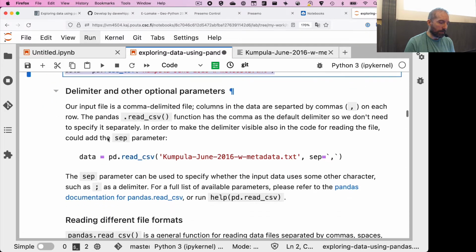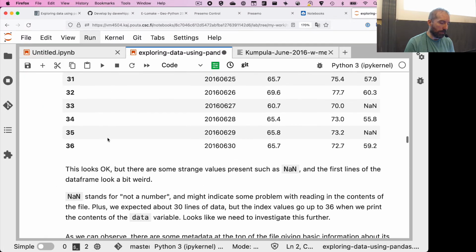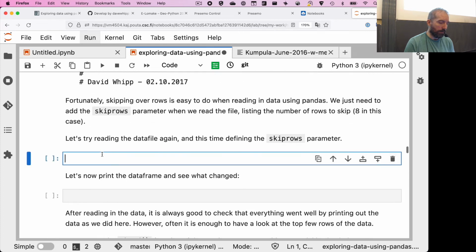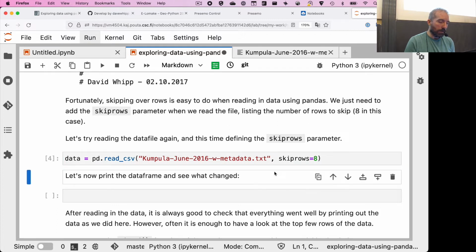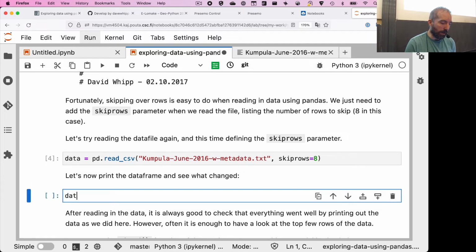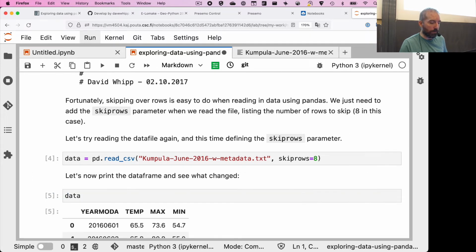When we read in our data file the first time, let's then scroll back down and paste that into the cell here. So this is the same thing we had done before, data equals pd.read_csv, there's our file name, and the difference now is we're going to add in here skiprows equals 8. And again, what this is going to do is basically not treat the first 8 rows of the file as data, but skip over them and then fill in our data frame starting from row number 9. So press Shift and Enter,